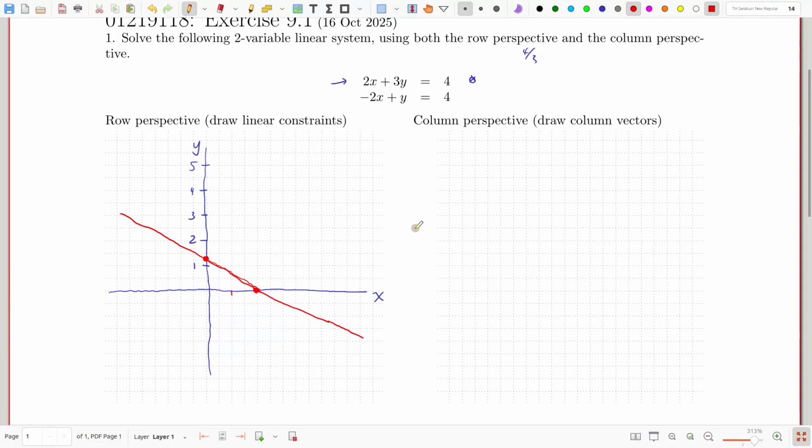You can say if x is 0, y is 4. Right? If x is 0, y is 4. If y is 0, x is -2. Right here. Now, after you connect them,